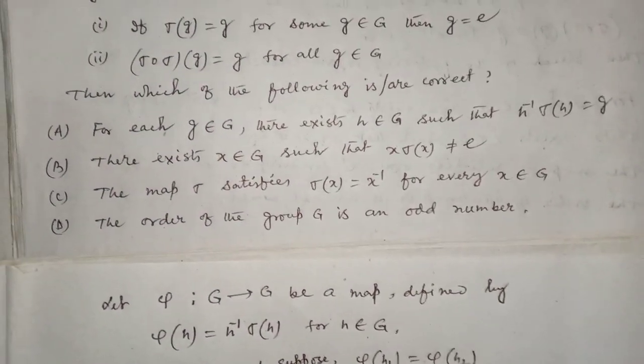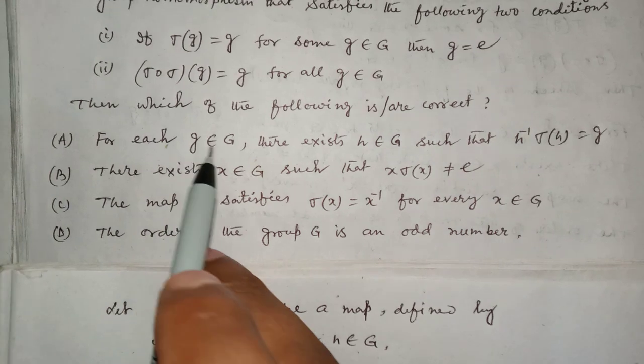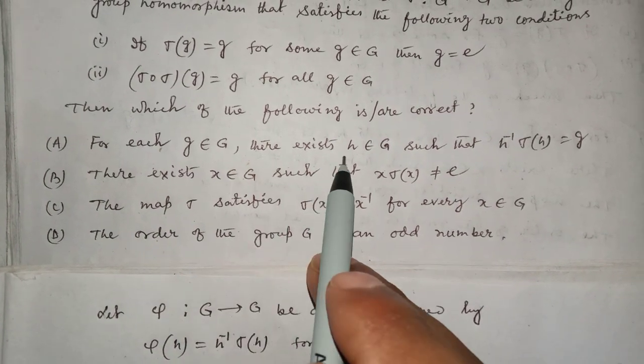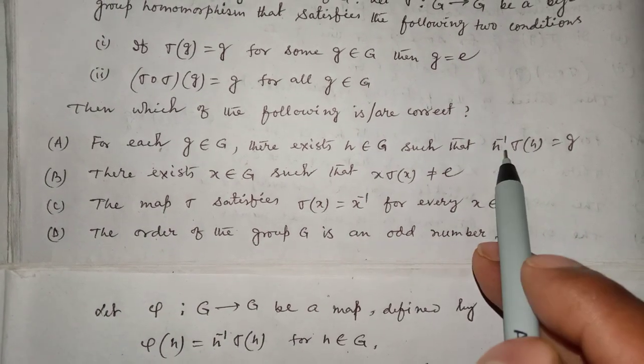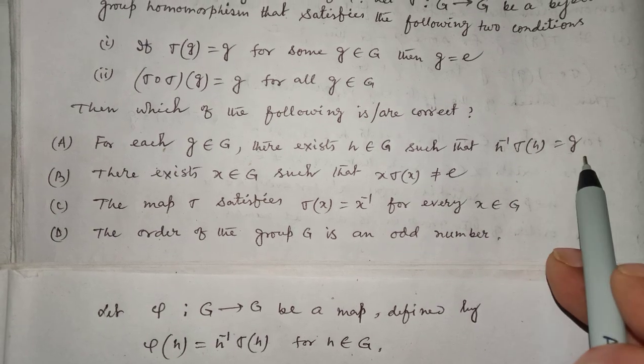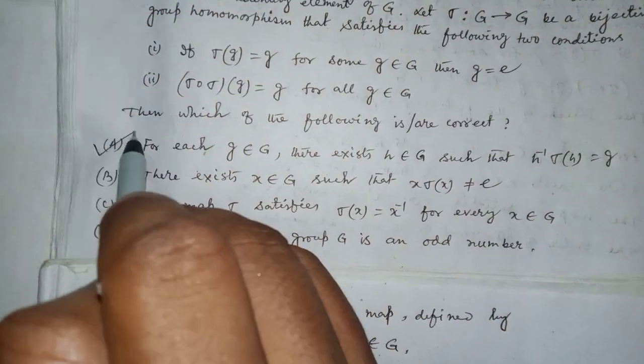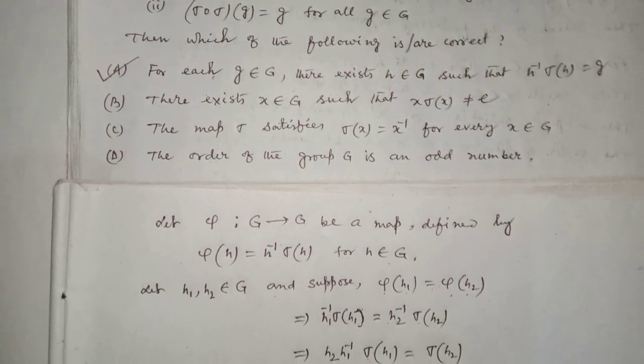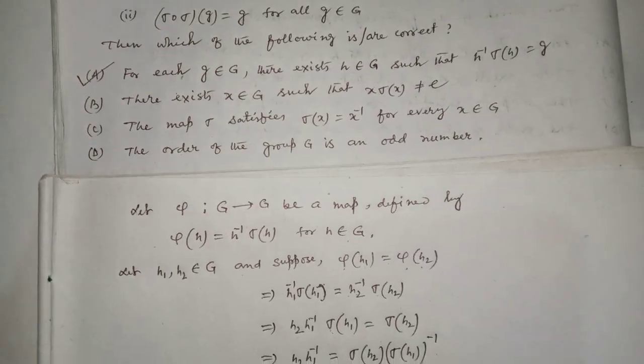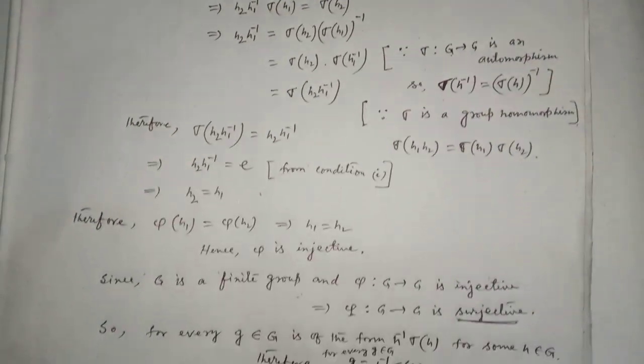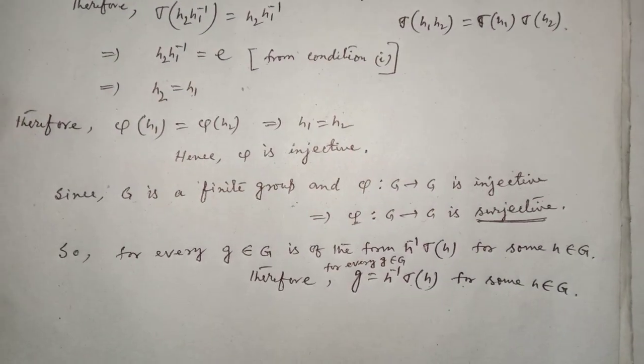Therefore option A, for each g belonging to the group G, there exists h belonging to the group G such that h inverse sigma h is equal to g. This option is correct. Now from here,